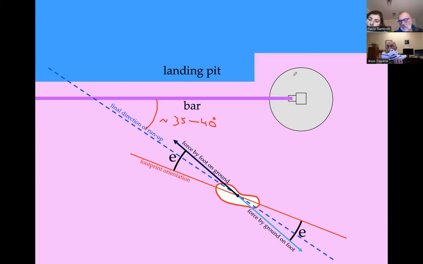Of course, nobody plants the foot at a 90-degree angle like this. Nobody has E equals 90, but they do have it at 40 and 50. So when the foot hits, there is not as much of a tendency to roll as when it was 90, but still there is a tendency to roll. So what is the right angle? Well, up to roughly 25 degrees or so, it's okay. If it's more than that, it's more and more dangerous.